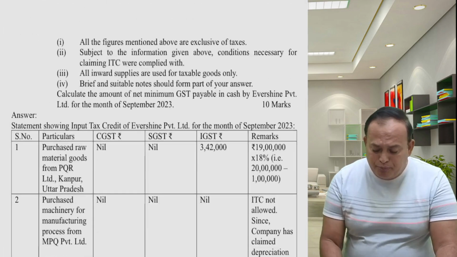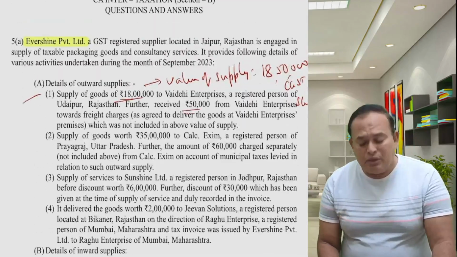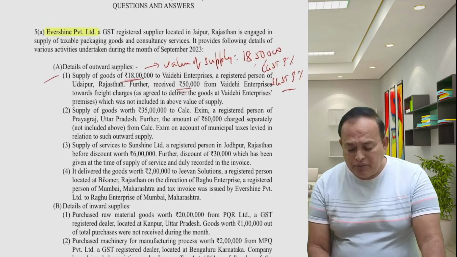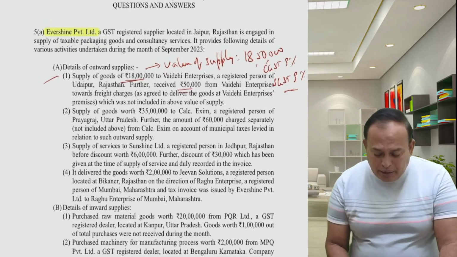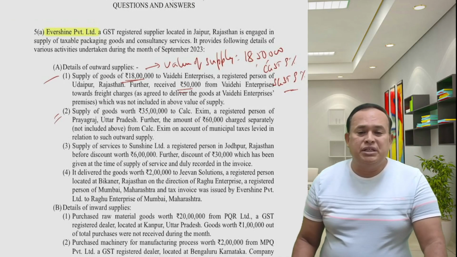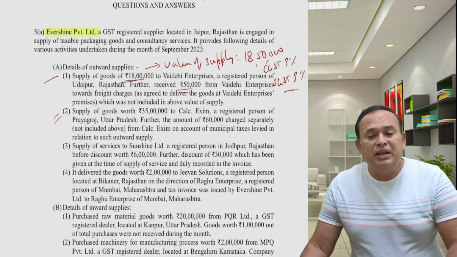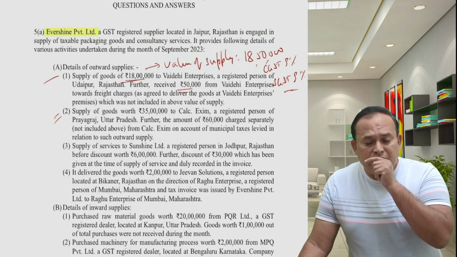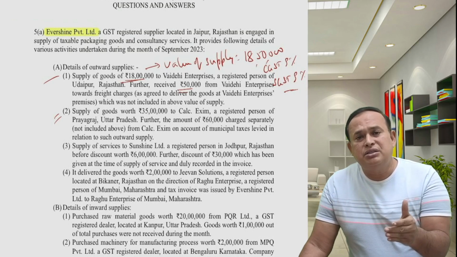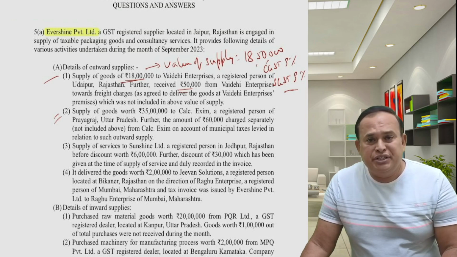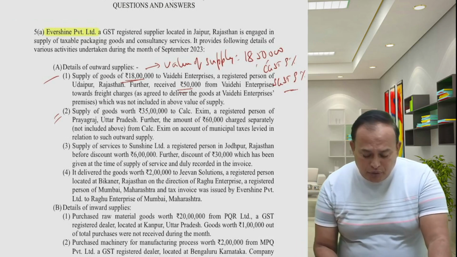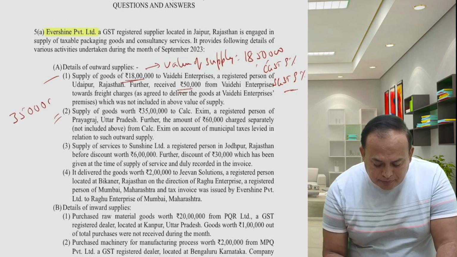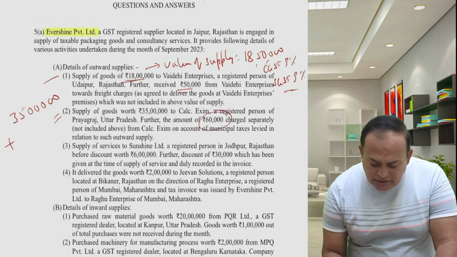I will show you. For the time being, analyze the answer by referring to the question paper itself. In the question paper itself, we are able to answer by invoking the provisions. Now, further, my friends, point number 2 says supply of goods worth 35 lakhs to an exim registered person, and 60,000 is the municipal taxes. All taxes should be added except GST taxes in the value of supply. Therefore, here the value of supply is not only 35 lakhs but also 60,000.